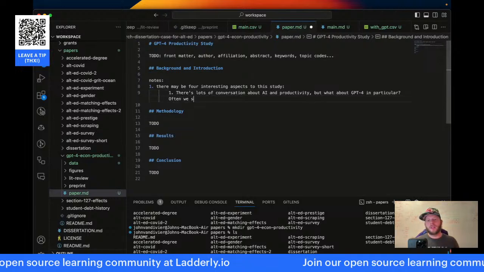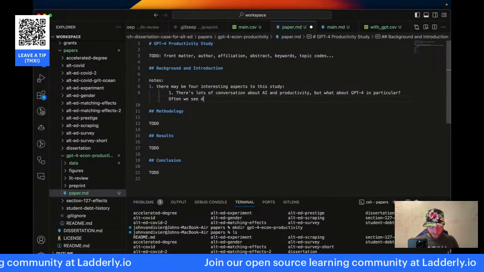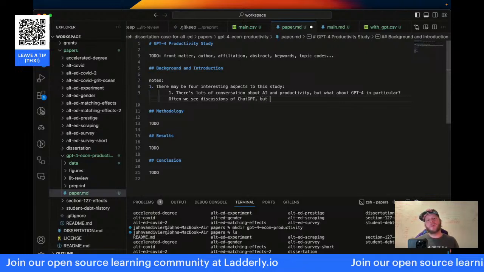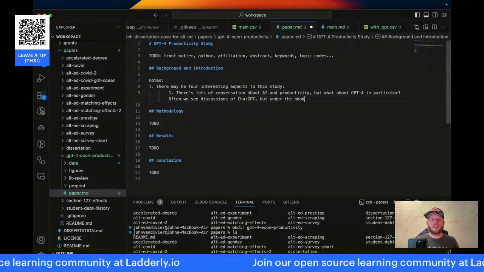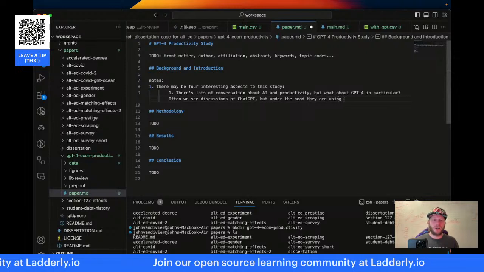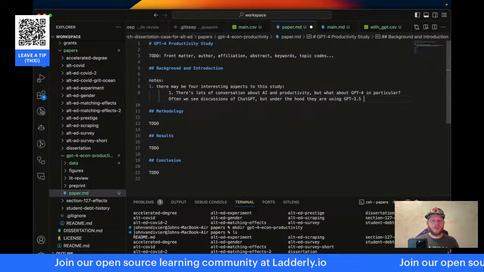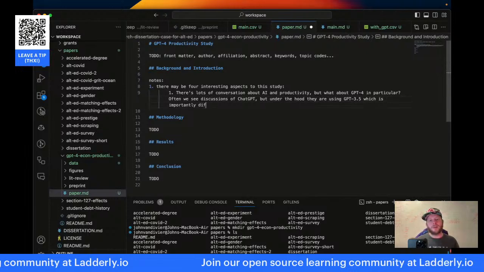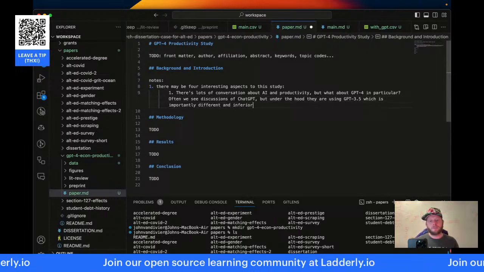Often we see discussions of ChatGPT, but under the hood, they are using GPT 3.5, which is importantly different and inferior.